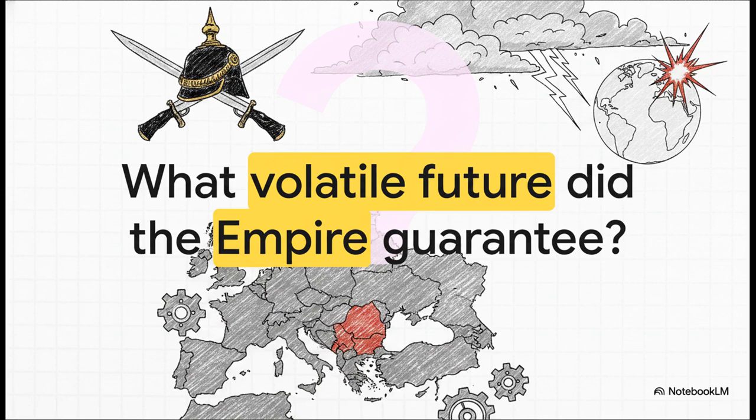So, to wrap things up, remember our opening question? Can the army be the architect of a nation? Well, Germany answered that with a resounding yes. But I want to leave you with this final thought. By proving that blood and iron, military might, and conservative power could triumph over democratic ideals, what kind of massive global conflicts was this military-focused nation about to trigger?